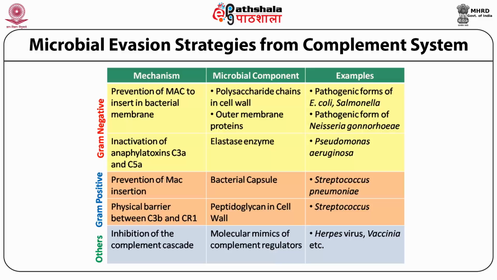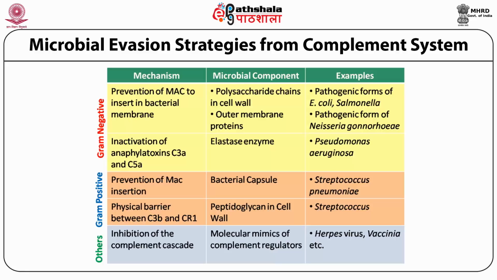Complement system is more effective against gram-negative bacteria as compared to the gram-positive ones. A few gram-negative and most gram-positive bacteria adopt different survival strategies by fooling our complement system. For example, the gram-negative bacteria, because of the presence of polysaccharide chains in the cell wall, the proteins in the outer membrane, and the presence of elastase enzymes, have prevention of MAC insertion in their membrane, or inactivation of anaphylatoxins C3a